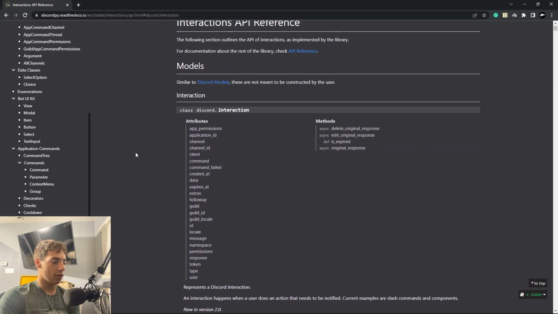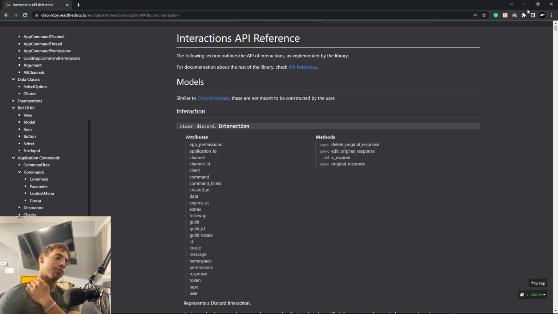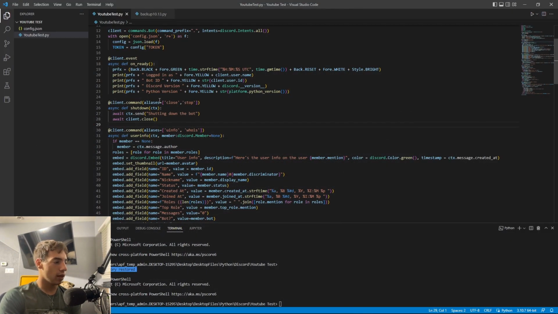So the first thing that we need to do is I'm going to make it easiest for you and create what's called a command tree. And pretty much this tree, think about it as like a big umbrella that's going to hold all your commands. So you need to create this tree that will hold all your commands. And in order to do that, we need to go inside of our onReady and we need to sync all